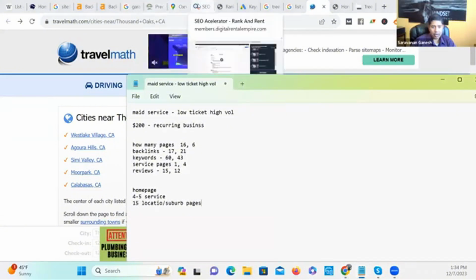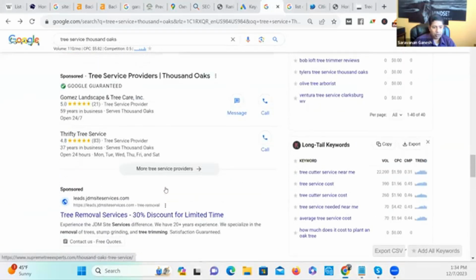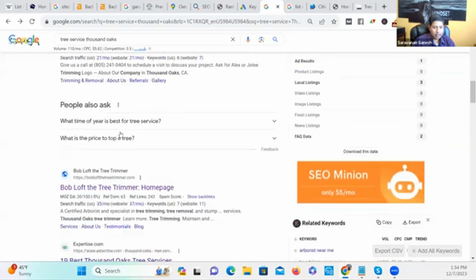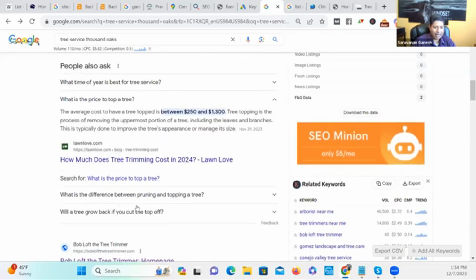Then you also want to understand one more thing. You want to put blog pages. Why are we putting blog pages? Okay. When I search for tree service Thousand Oaks, okay, let's go back to page 1. Maps results, Google ads. Then see, people also ask. Google is telling me this is something people are asking. Somebody is asking what's the price of a tree? The more I click, the more